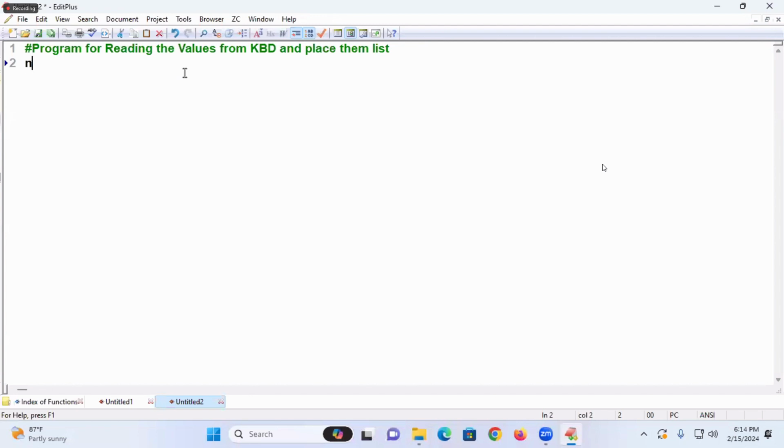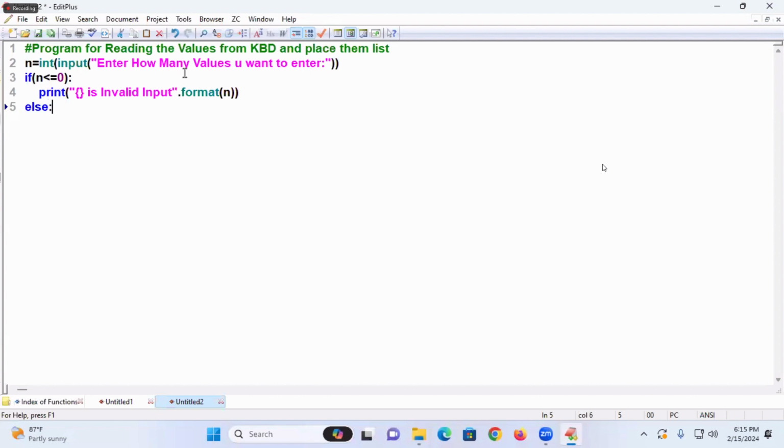Carefully understand. n is equal to int of input of, enter how many values you want. Today is a very important class. How many values you want to enter. Now I will write it. If n less than or equal to 0, then I'll print that it is an invalid input, dot format of n. Else,